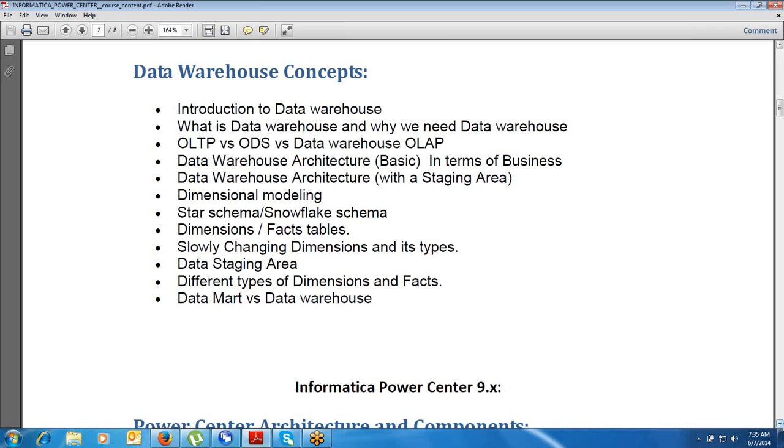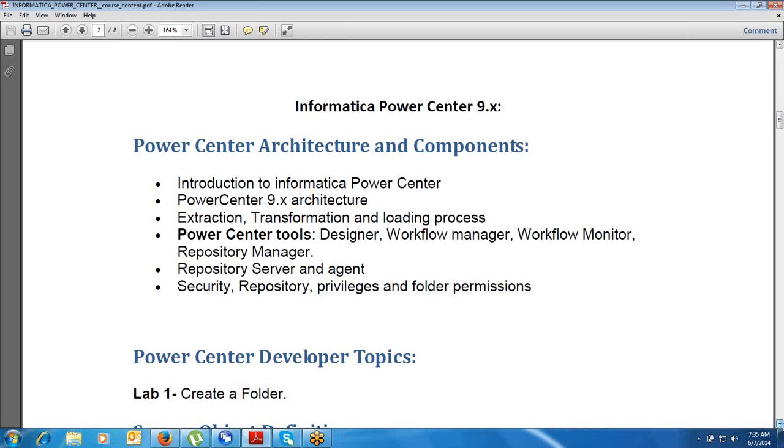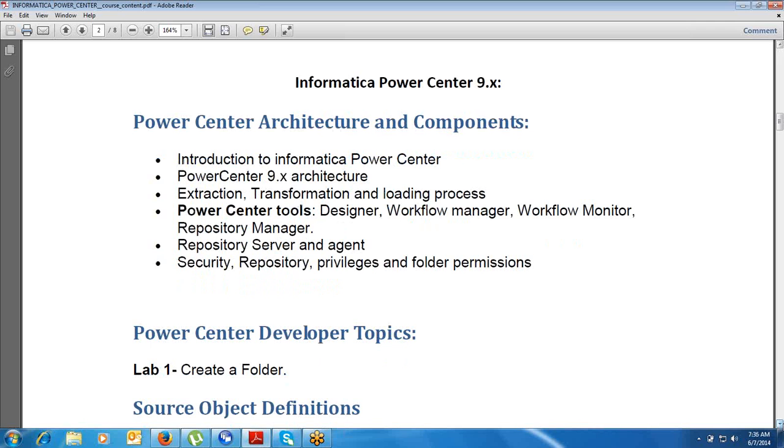And we will learn what the exact process of extraction, transformation, and loading is all about. So we will learn the ETL process. We will learn the PowerCenter tools, what tools are available with PowerCenter, the basic idea of PowerCenter, and when you learn the architecture, after that you are going to do the installation. So it will give you a clear idea of what this domain is all about, how we create a domain, how we create a node, what services are available there, and how the services interact with each other. So everything will be clear to you.